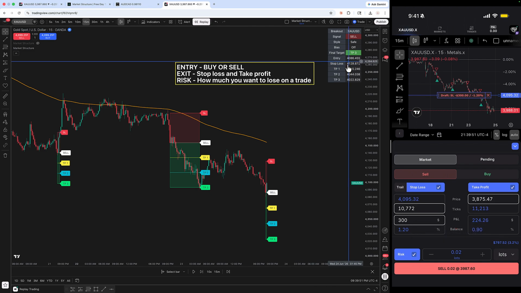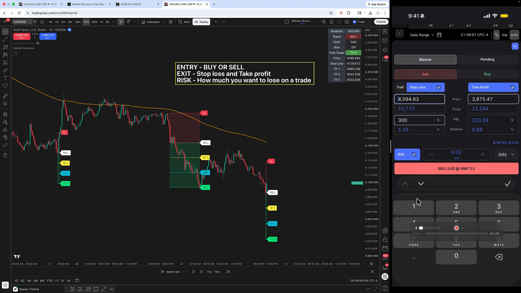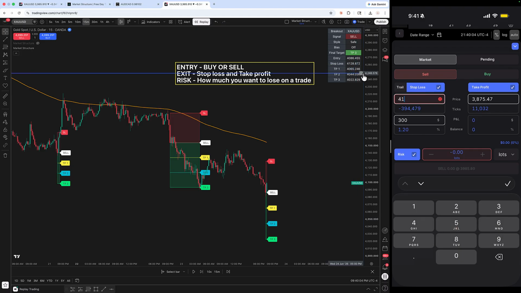And then your stop loss, for example, you would copy those numbers, 4128 would have been my stop loss. My take profit, mind you, this is an old trade, so it's not going to look right, but I'm just giving you an example of what you would do if you got that trade. And let's say you want to do TP1,